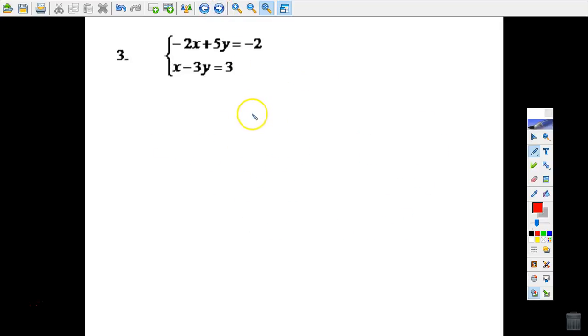All right, number 3 is also substitution. So I'm surveying the system and I'm looking for a variable that has a coefficient of 1, and we have that. And so that's the one I'm going to solve for. I'm going to solve for x on the bottom this time by adding 3y to both sides. Okay. So there is the solve for x on the bottom, and now I'm going to replace the x on the top. So negative 2 times 3y plus 3